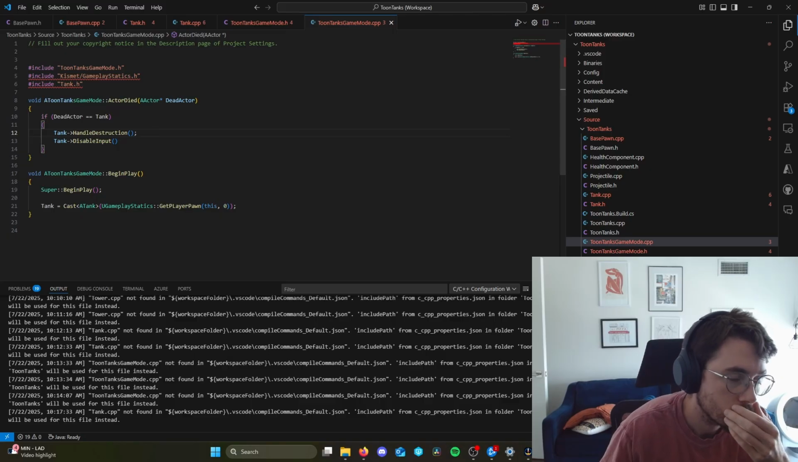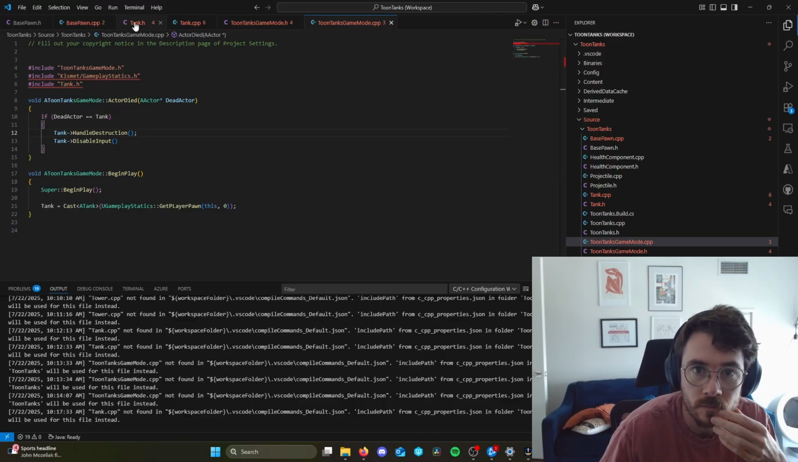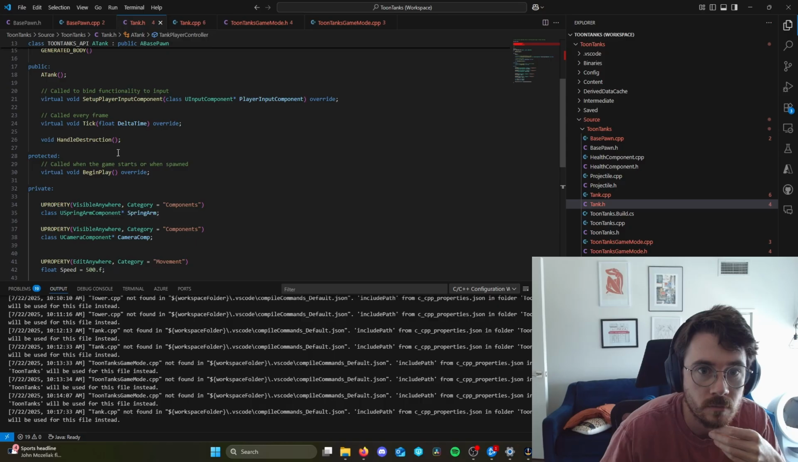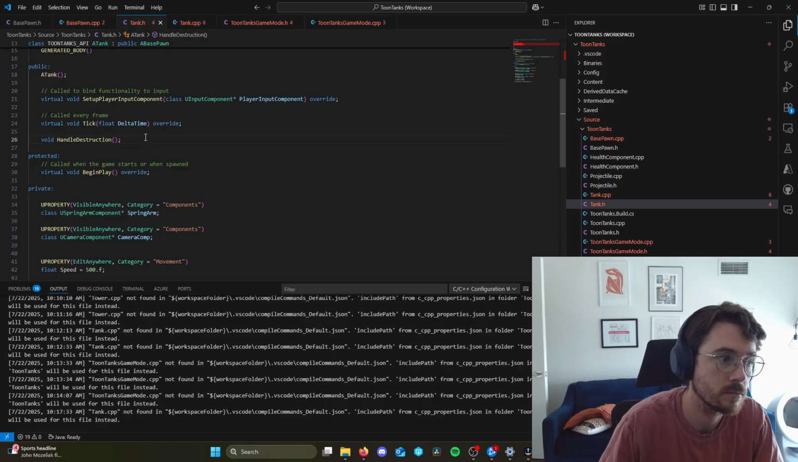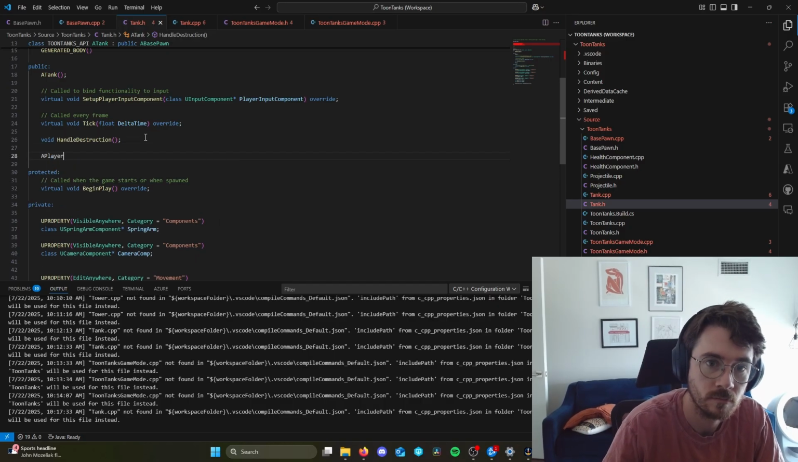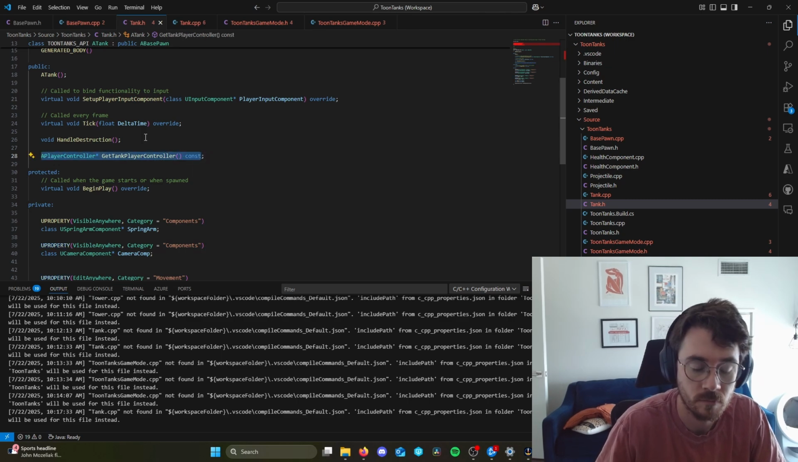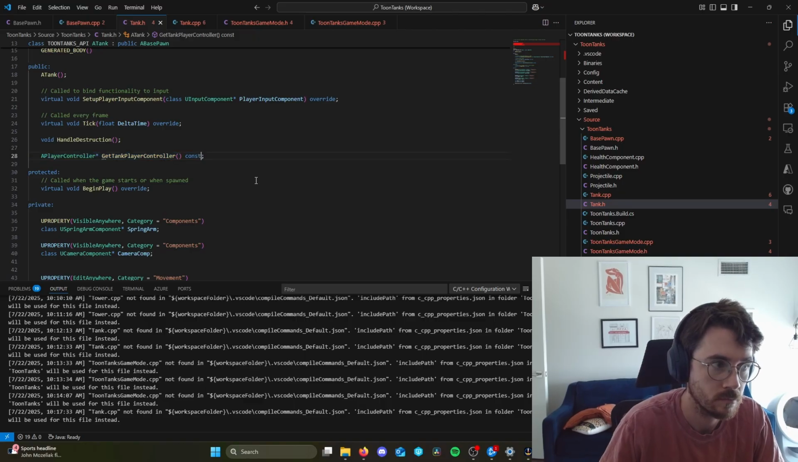So up here in the public section, I'm going to create a public getter for tank player controller. Now it's going to return an APlayerController pointer, and this function is going to be called GetTankPlayerController. Getters are typically the name of the variable with get in the front, and they're also typically made const, as this function is not designed to change anything in this class. It's only going to return the player controller. So we're going to say return tank player controller, and that's all it's going to do. So now that we have a public getter function for the tank player controller,